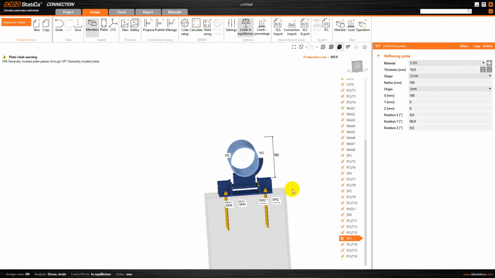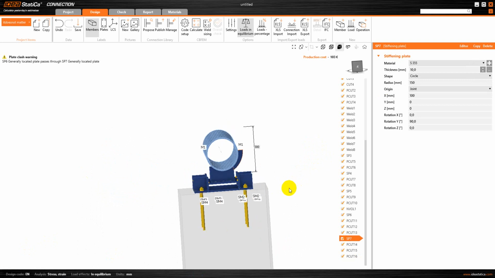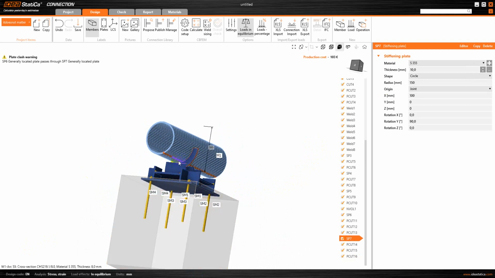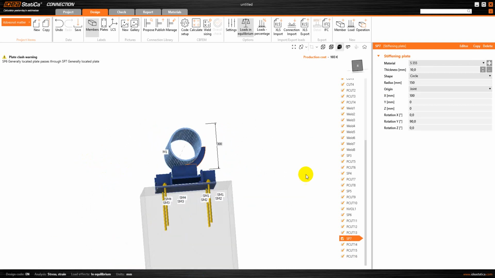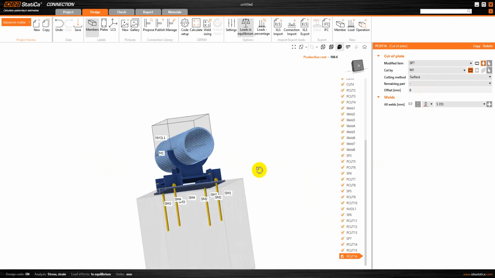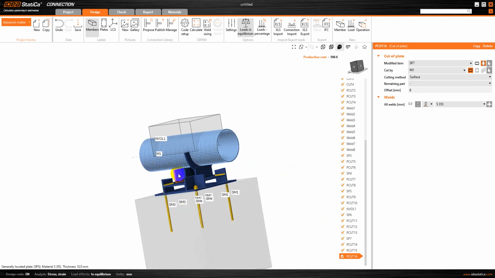So here we can see that our SP7 has been on this side, but this is not correct. It should be on the opposite side. So I think here we have to do the remaining part minus. Okay, yeah, then we can see it's on this side. So I'm gonna do the same with all three, for this one, for this one. Okay,